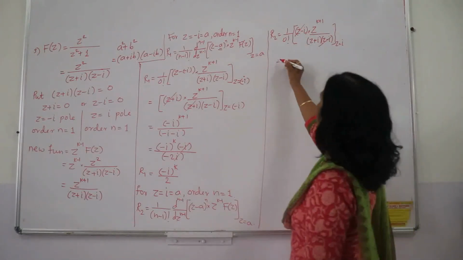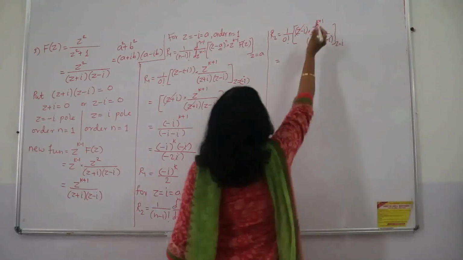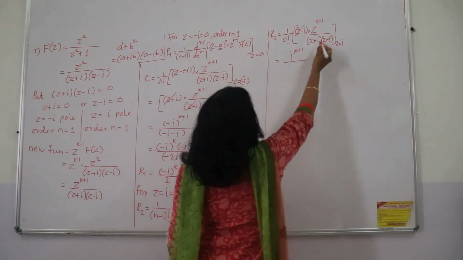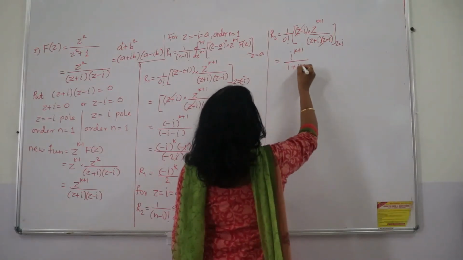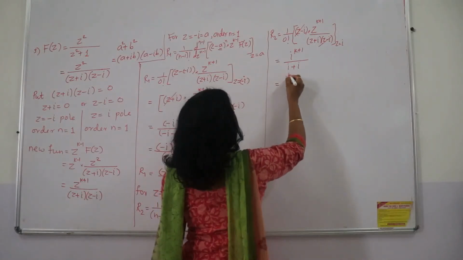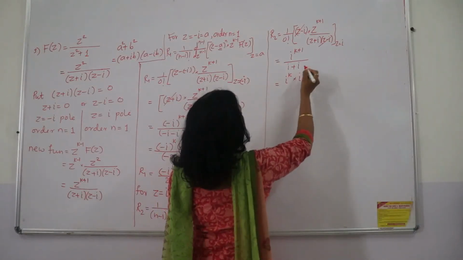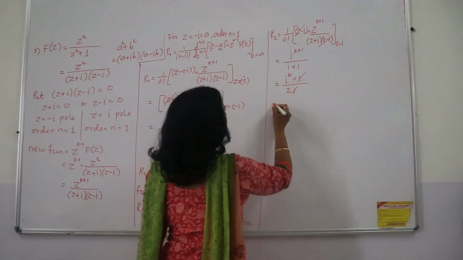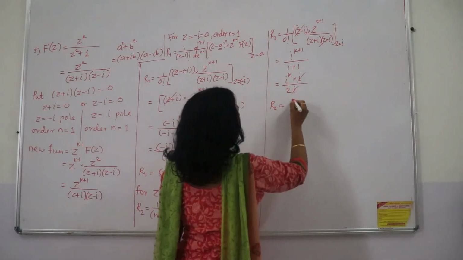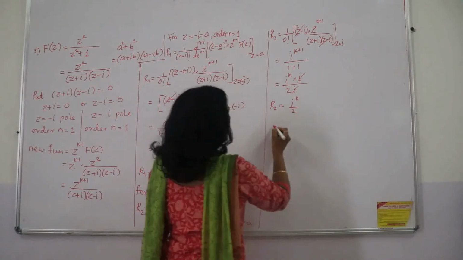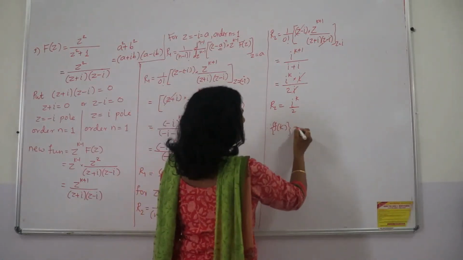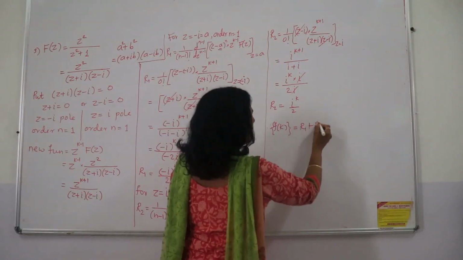0 factorial is 1, and I am getting here, I have to place here, see, i^(k+1) divided by, now i plus i. Now again separate it, i^k multiplied by i and divided by 2i, where these two will get cancelled, and the second residue I got is i^k by 2. And therefore, what is my sequence f of k now? This is equal to R1 plus R2.